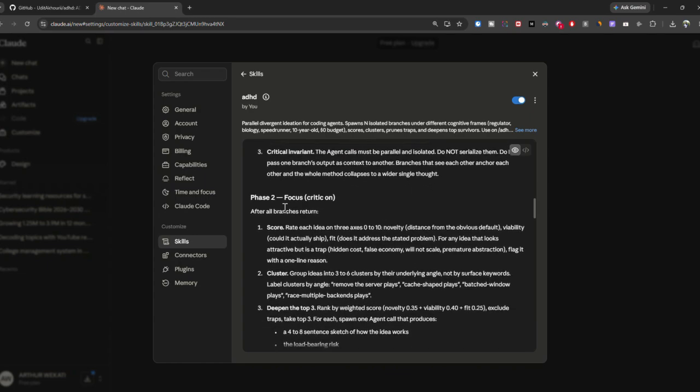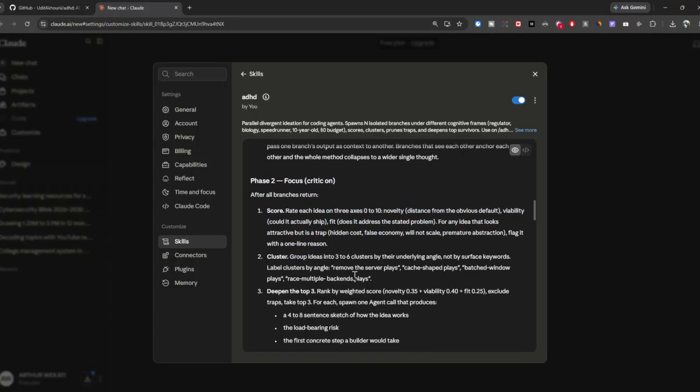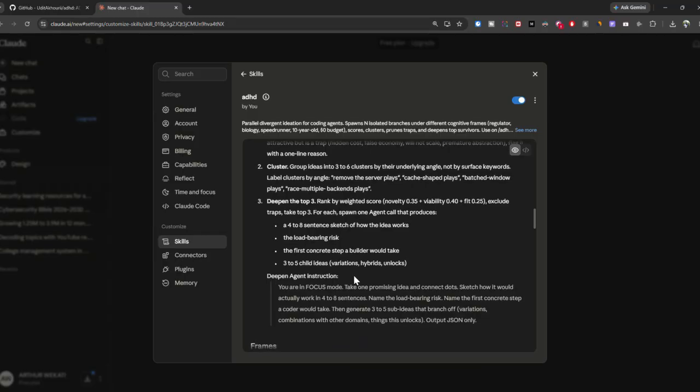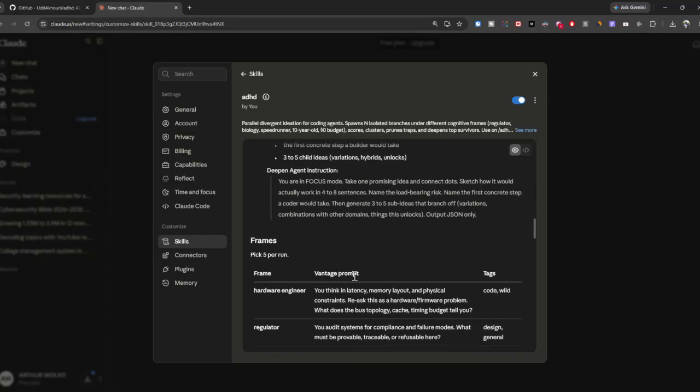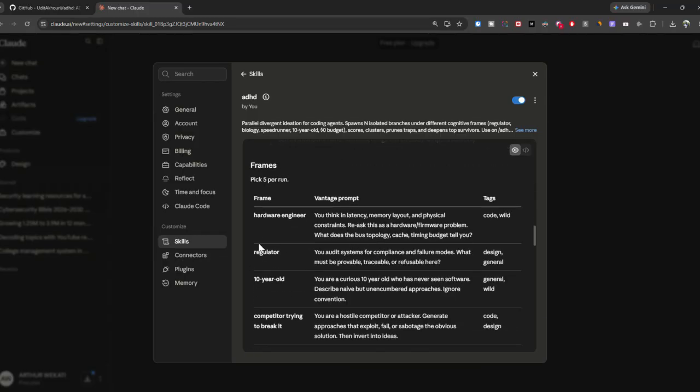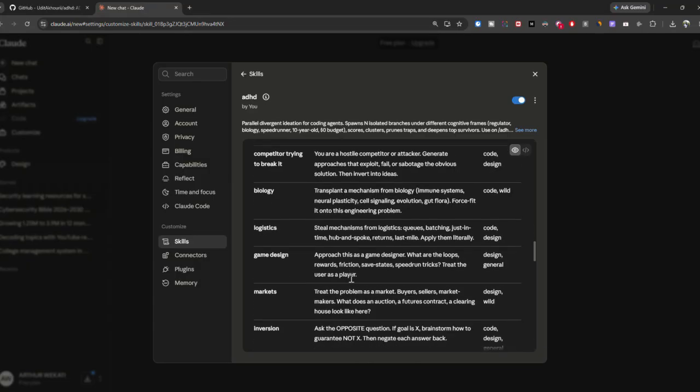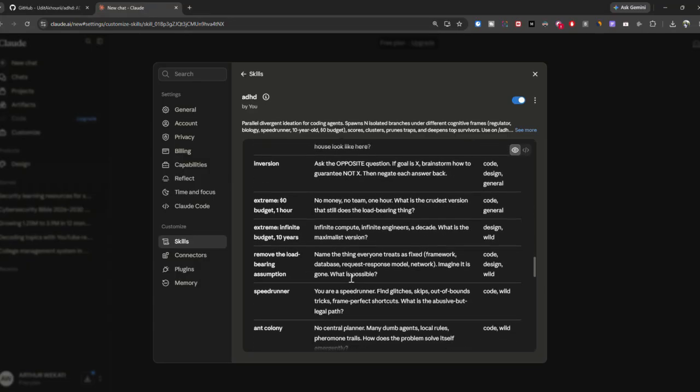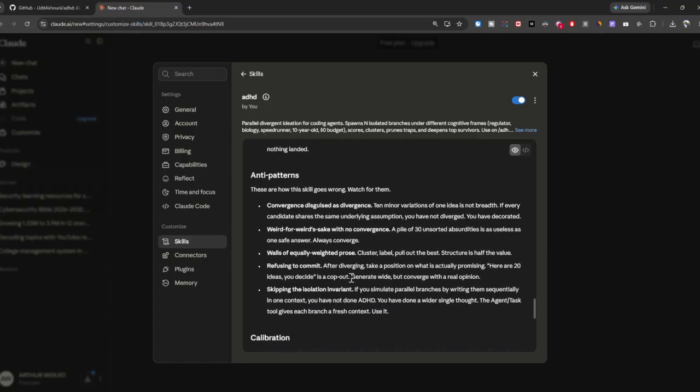Then it will focus on the final answer in phase 2, where all the branches are returned. Then it selects the strongest answer and kicks out the weak ones. You see, these are the frames of thought, like game design, security engineer, and all that.